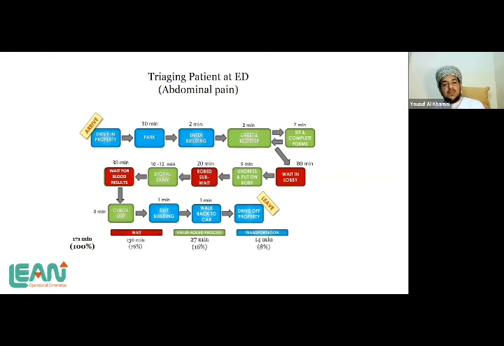This is an example of how a patient could be triaged in the emergency department. What is the purpose of this slide? I want to show you the efficiency of this particular process. It could be a process of dispatching medication, performing a procedure in daycare, or administrating chemotherapy in the medical OBD, wherever. So what I want to show is the processes or steps that a patient will go through